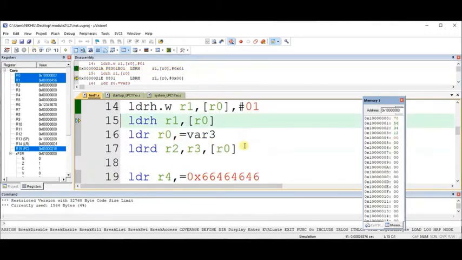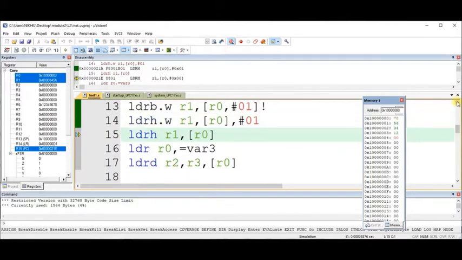So now if I execute this, what has changed? This value also has changed because it is a post indexing. So base register will be updated. So it was 1 earlier, now plus 1 means it is 2, and it should load what? Half word. H stands for half word. From which address? What was the main base address? So that was this value and this. So 2 byte values, 3 4 and 5 6, means it is 5 6 and 3 4. So those 2 values are loaded there.